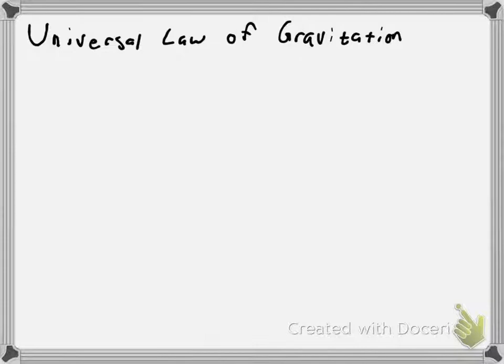Besides his three laws of motion, Newton is also credited with developing the universal law of gravitation. What the universal law of gravitation explains to us is the force of gravity that two objects would feel when placed near each other. So if you had a planet, two planets that are some distance apart,